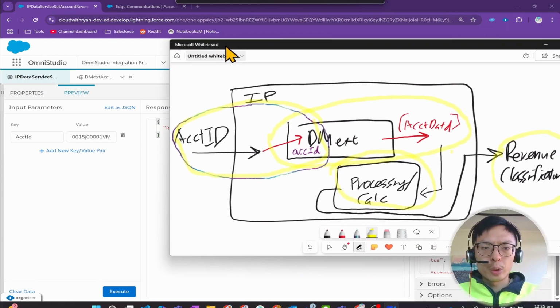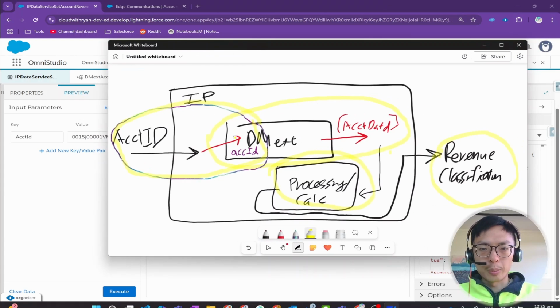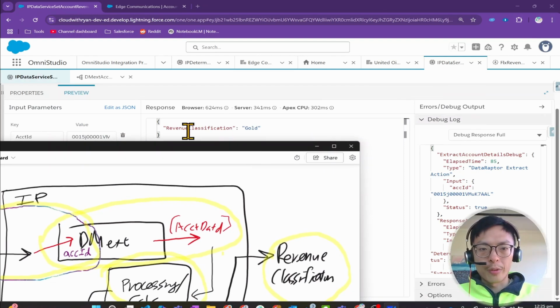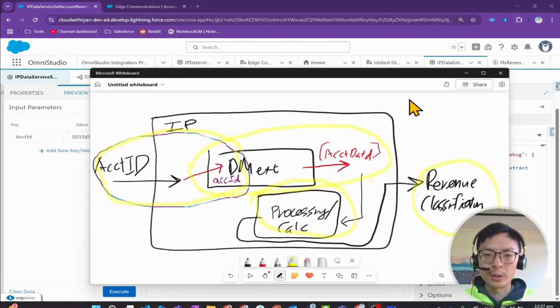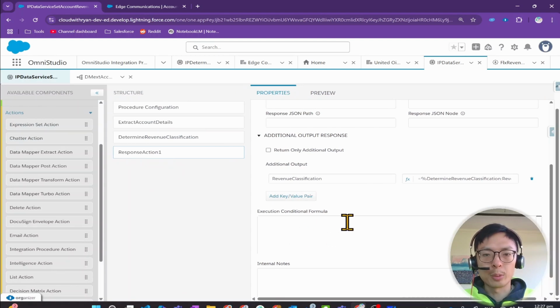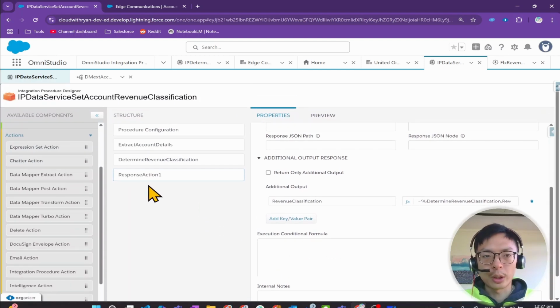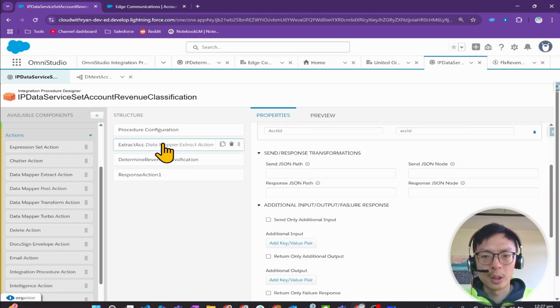So in short, we are passing in the account ID as an input variable to the integration procedure. The integration procedure does all the processing and returns revenue classification as the output. I know I've covered this quite quickly, but later on in the series, I'll be covering all of these in much more detail. So stay tuned, and I promise that by the end of the series, you'll be very comfortable working with integration procedures and also